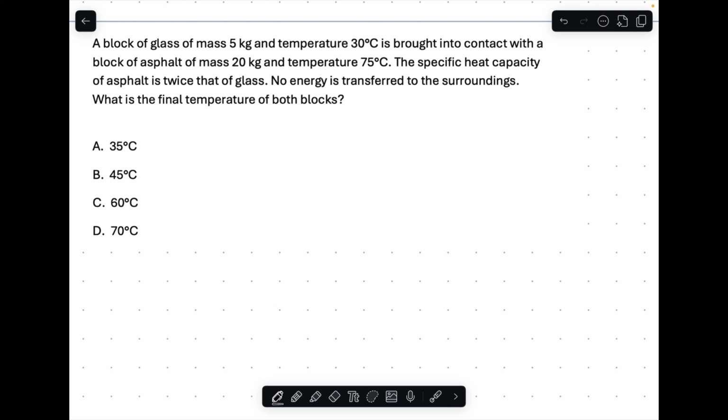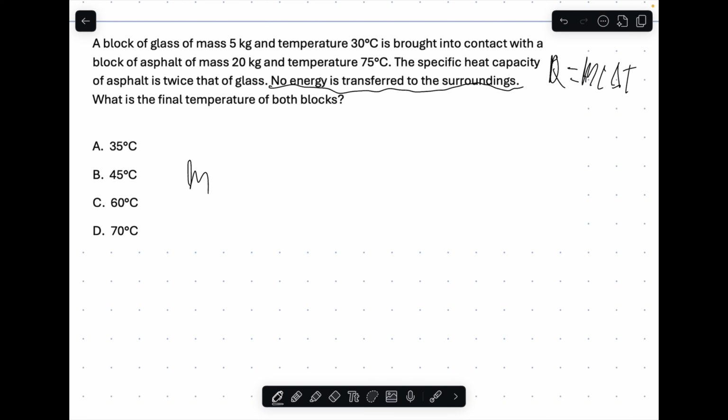So here we are using this equation, Q equals MC delta T. And since we know that the Q will be the same, because it says that no energy is transferred to the surroundings, meaning that the energy added to one is going to be the same as the energy subtracted from the other. So we can write